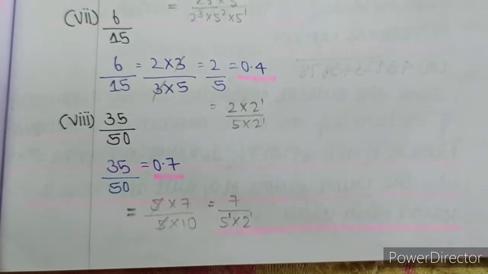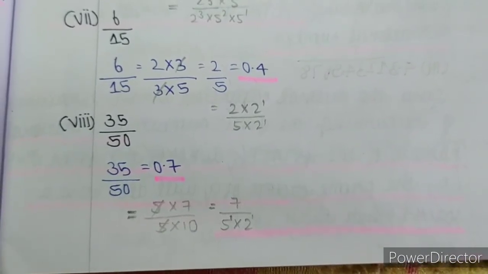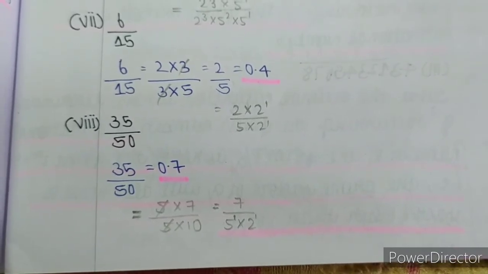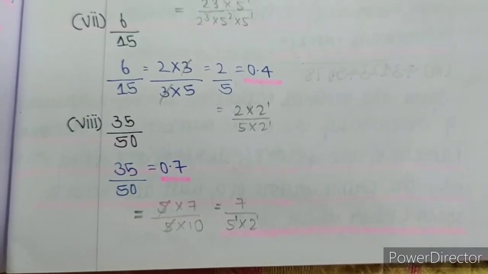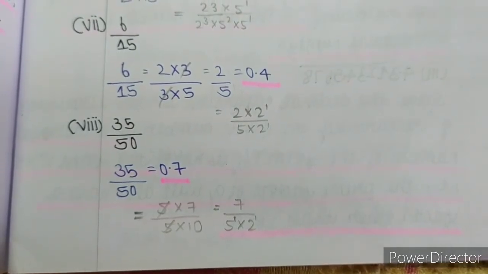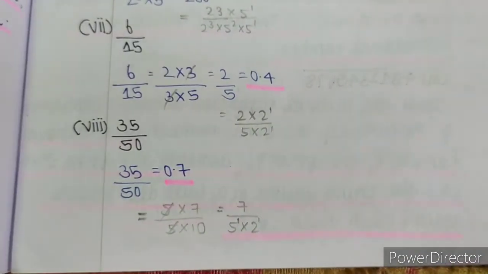We are solving only these subdivisions because the remaining subdivisions have a non-terminating decimal expansion. As directed in the question, we are asked to find only the decimal representation of the rational numbers which have a terminating decimal expansion. I hope all the subdivisions which we solved are clear to you. If you have any doubt, please comment in the comment section below.